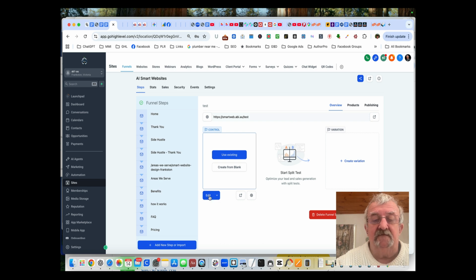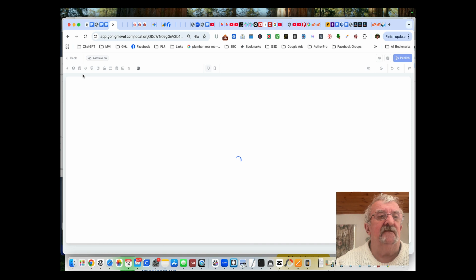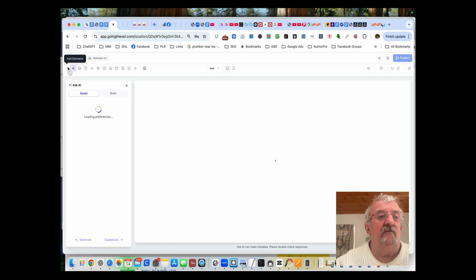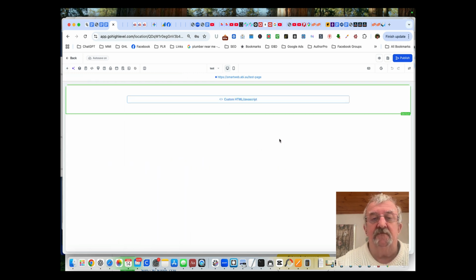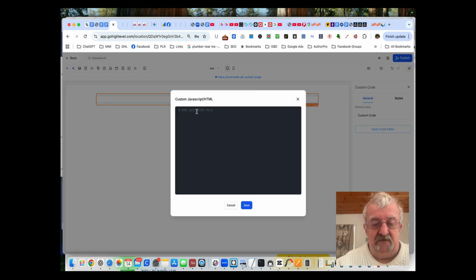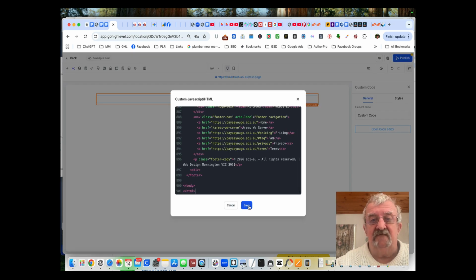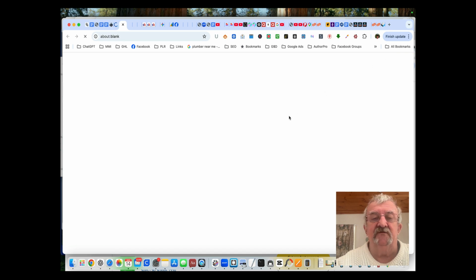We go in here, and I'm just going to add a code element to the page, and that's it. So if I go plus code, grab the code, drop it onto the page, we go in and we edit the page, open the code editor and paste, and hit save. And then we can publish that, or I'll just preview it. I'm not going to publish it. We just preview it,